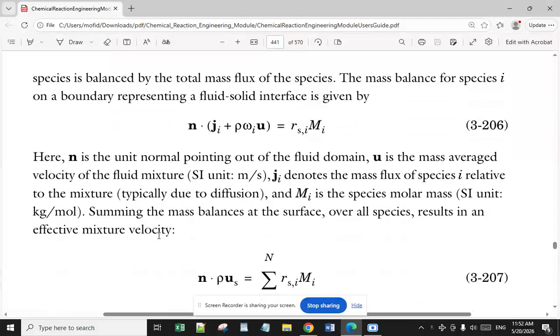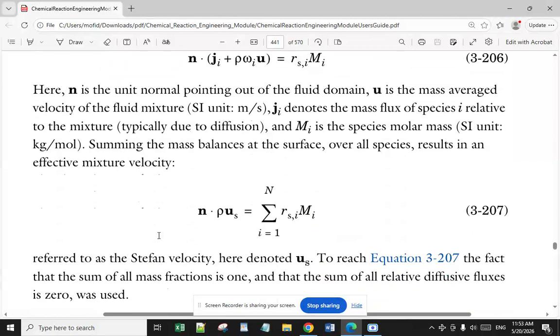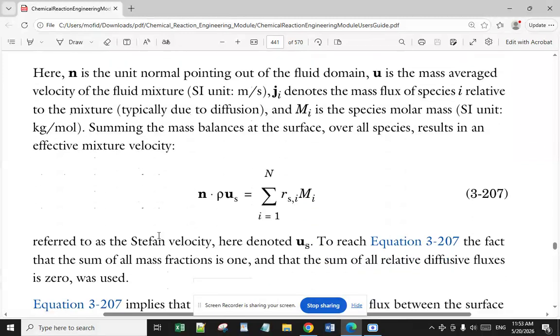The mass balance for a species I and a boundary representing a fluid solid interface is given by the blue formulation. Here, n is the unit normal pointing out of the fluid domain. U is the mass average velocity of the fluid mixture, based on the SI is meter per second. GI denotes the mass flux of a species I relative to the mixture, typically due to diffusion, and